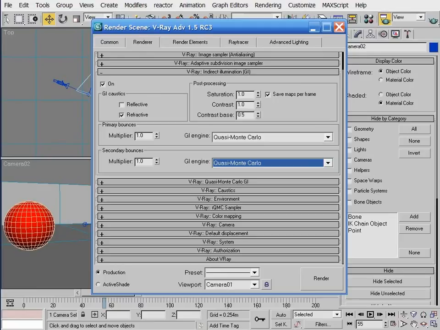For example, at 3DAS, we use a third-party render farm for most of our large projects. However, for the one that we use, it took a good deal of time learning all the nuances that this particular render farm displayed. For example, none of the cache files, like a Lightcache or a Radiance map or a V-Ray proxy, none of these cache files could have unusual characters in the file name such as an apostrophe. If they do, your entire animation is doomed and you might not even find out until several hours after the rendering process starts. These characteristics, while they're aggravating at first, can be learned over time,